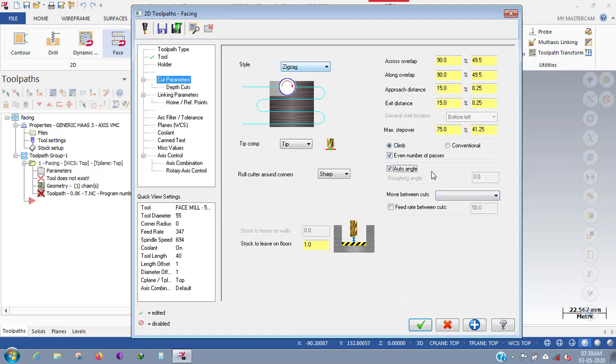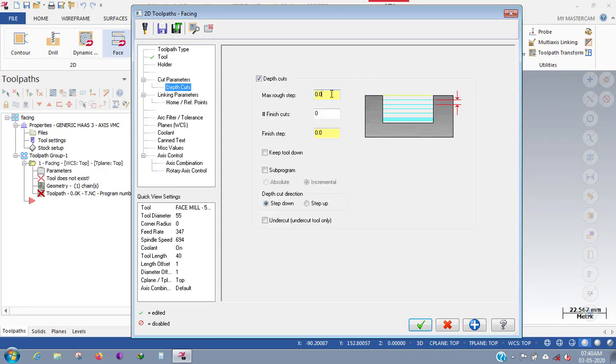Okay, these are the things we have carried out to control the short toolpaths and to resist unwanted movement of the machine. Okay, in depth of cuts I am giving 0.5.